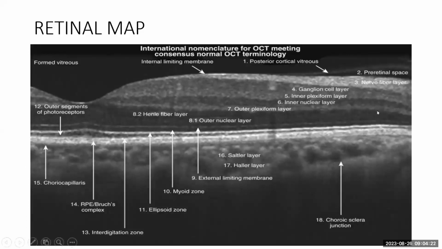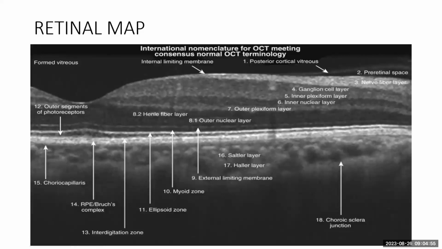The nerve fiber layer is more hyperreflective than the ganglion cell layer, and the inner plexiform layer is more hyperreflective than the inner nuclear layer. The outer plexiform layer is more hyperreflective than the outer nuclear layer, which at the foveola is the Henle fibers because of their arrangement and their number. So we get to